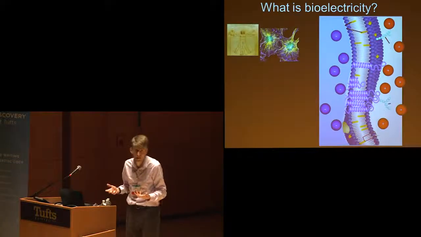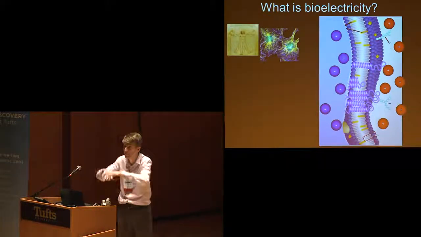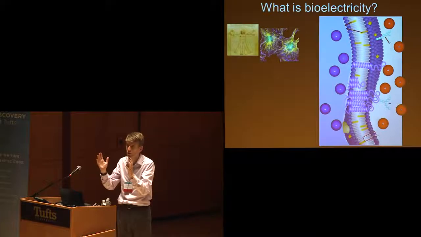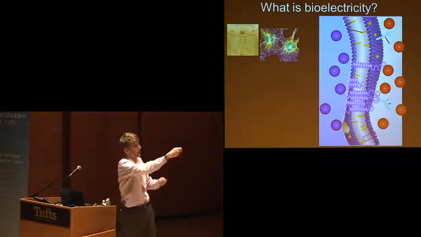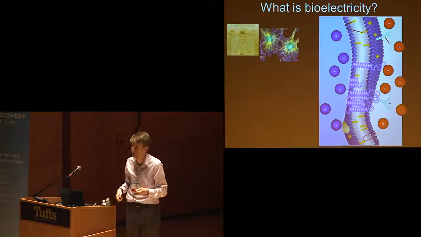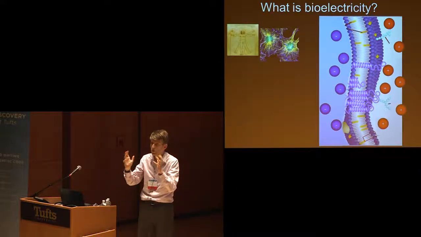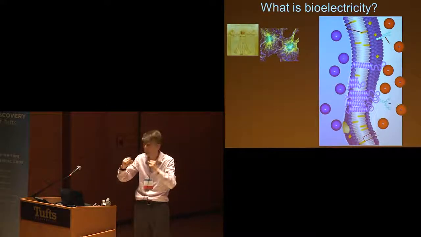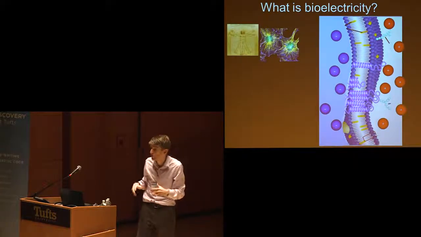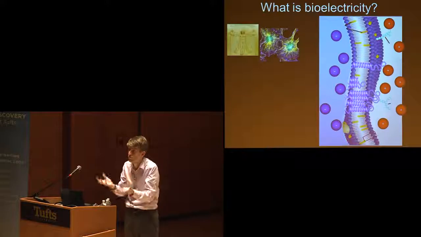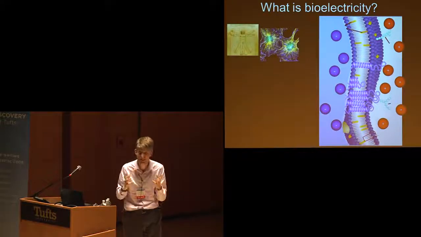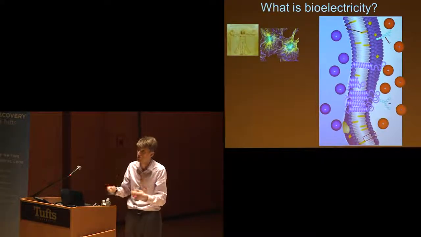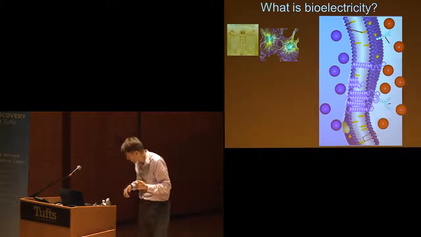So every cell and every organelle within every cell, every lipid-bound structure can support a voltage across its surface. This voltage can change as these ions flow back and forth across the membrane. And the electric field from this voltage pulls on every protein and every molecule associated with the membrane. So you can think of voltage like a global regulator of energy landscapes inside of cells and cellular organelles.